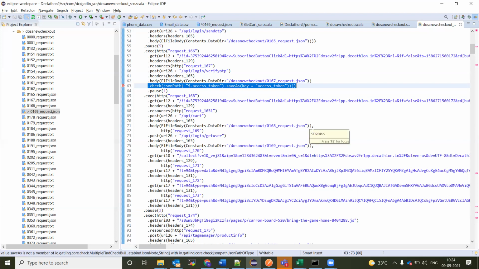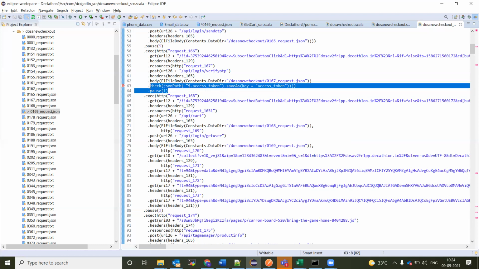It will continuously go without checking, even if you add the check response. So most of the time it was. So you mean to say that the check will need some time to execute? Yeah, it needs it. We need to parse it and it needs to check it. Okay, fine. Then why can't we give a pause? Without breaking the chain, we can also give a pause for 2 or 3 seconds, right? Without breaking. Okay. Is it possible? I haven't tried it. Probably we can try it once.